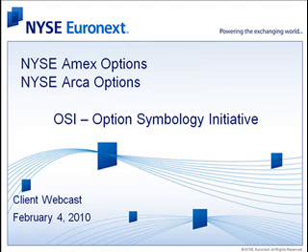Excellent. Two quick things as we're closing up here. You can find the OSI roadmap and this webcast on our website, nysc.com. The OSI roadmap is just on the left side, right when you come to our website, pick futures and options, NYSE AMEX options or ARCA options, your choice, and it's going to be right on the overview page, bottom of the page. And a copy of this webcast and our other webcast is also on that page, overview. Go to the education tab at the top of the page, and you will be able to find it there.